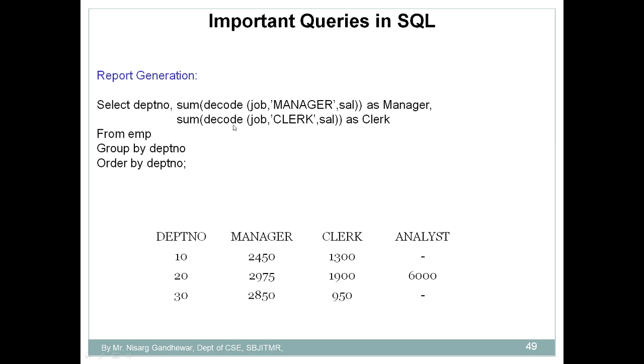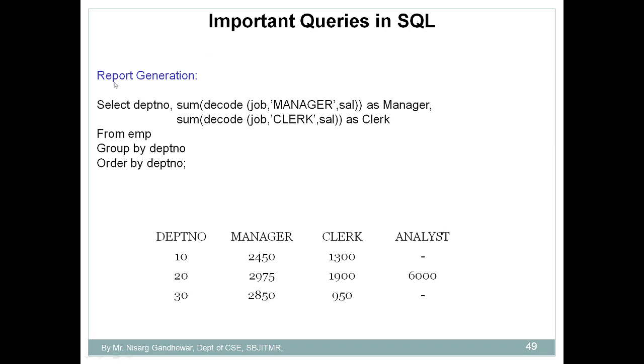That means we are grouping all these rows based on the group number, because this is a group expression, this is also considered as a group expression. So in this case what we are saying is, suppose job equals manager, then it will return the salary. Again it will check for another row. If again job equals manager, then it returns the salaries.